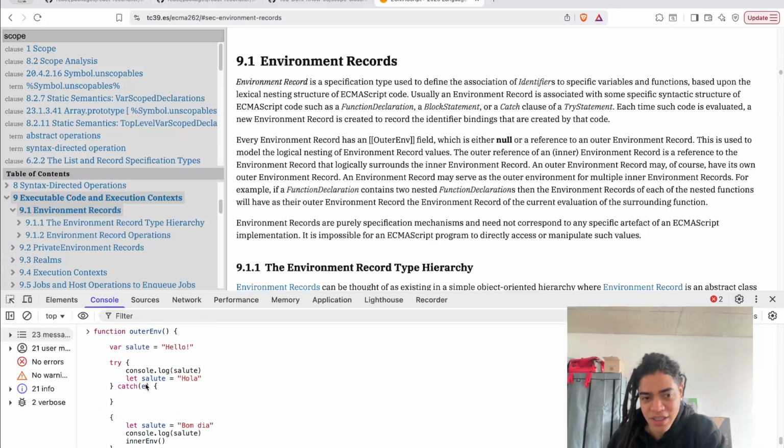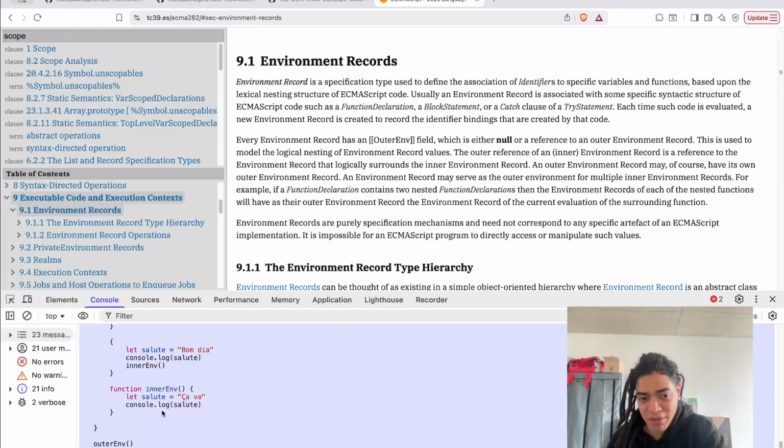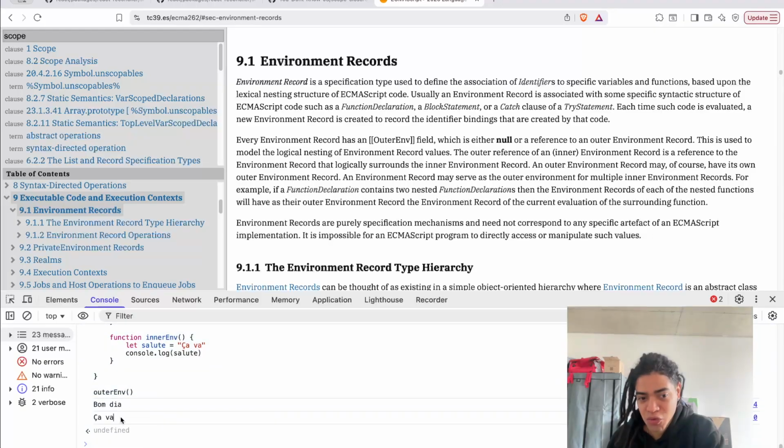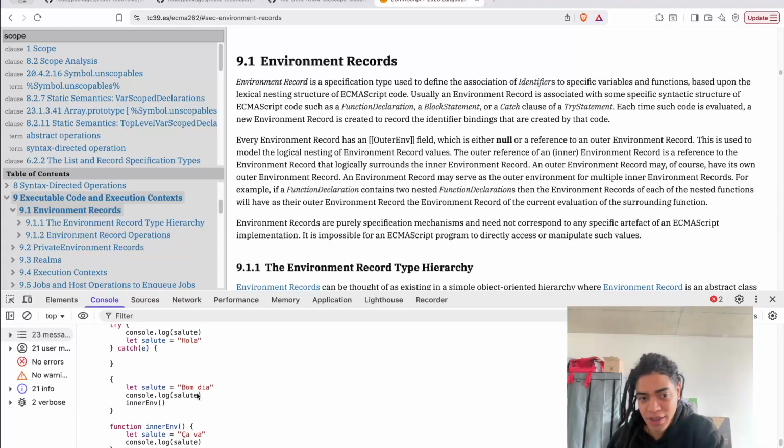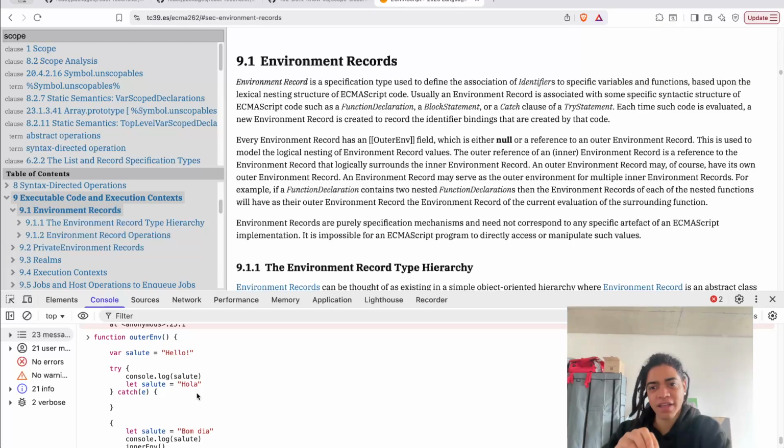So try here is kind of weird, especially when you have shadowing variables. I'm just illustrating this particular concept, and also the difference between function expressions and function declarations,